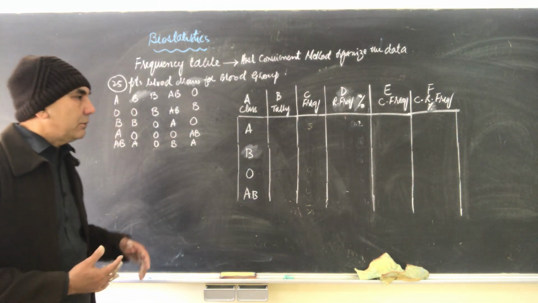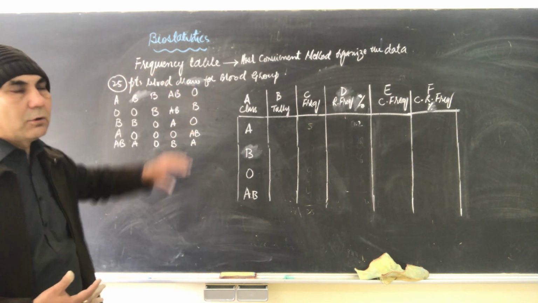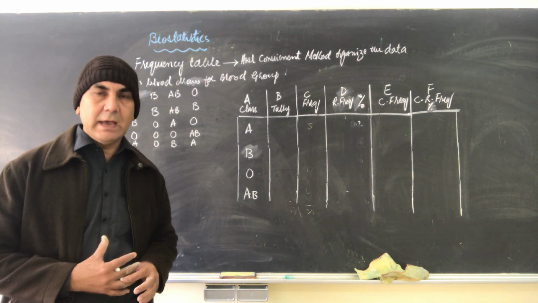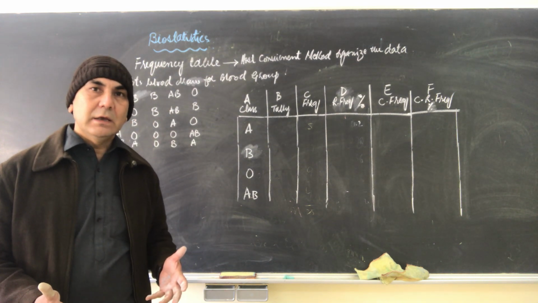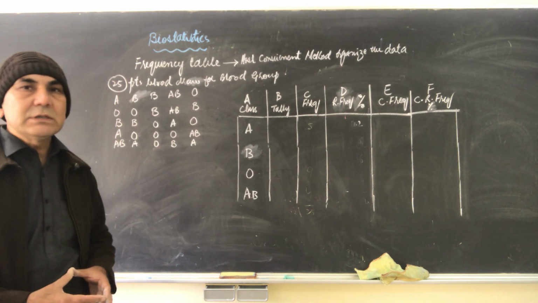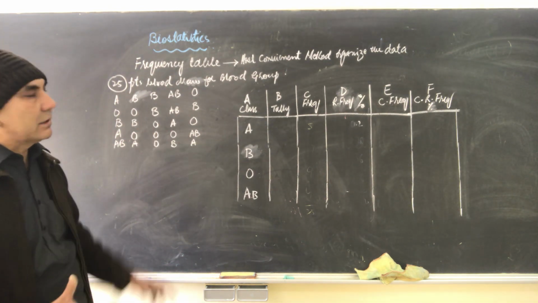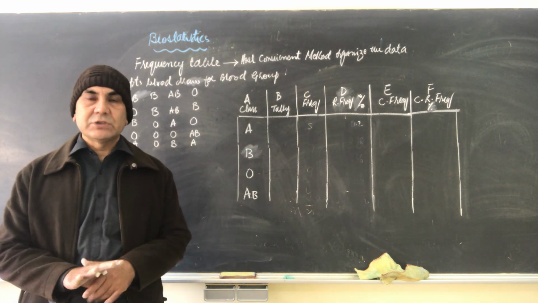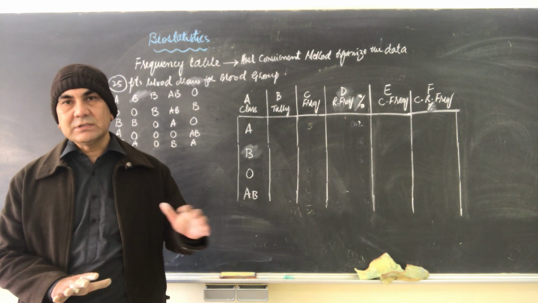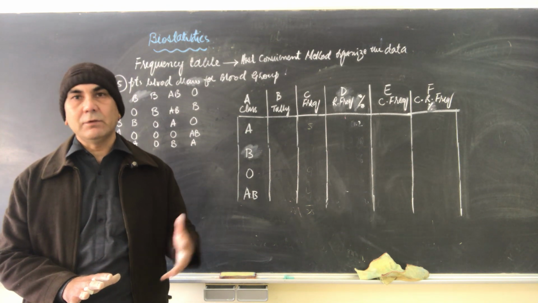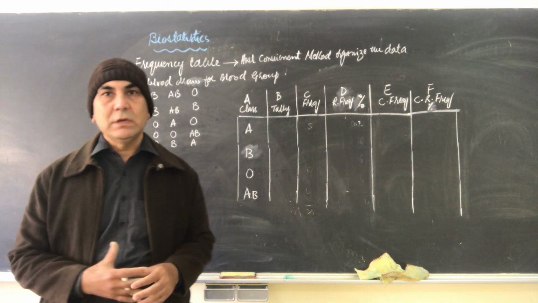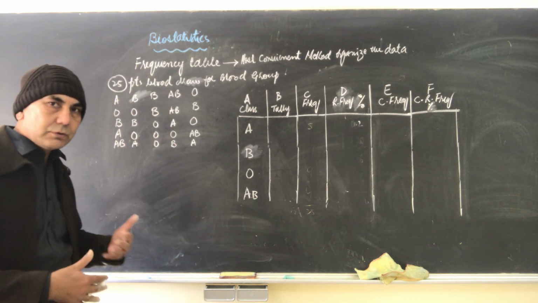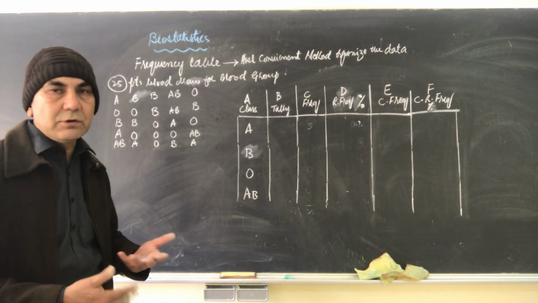So in this part of descriptive statistics, we will learn about the frequency table, how you collect the information and organize the data in the frequency table. The frequency table is the most convenient method, used hugely in statistics for organizing data. It is the easiest and most convenient way of organizing data. So in today's session, we will see how to use the frequency table for organizing data.